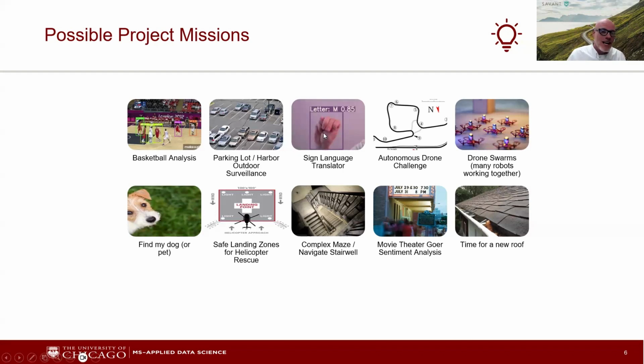One of the great projects we had last quarter also was American Sign Language. Somebody had a passion project and they had a translating robot that would follow them around and translate for anybody doing sign language. Really cute. Safe landing zones for helicopters. One thing that's been really exciting, which we're going to maybe do next year when we get GPS drones, little micro GPS drones, is do these really cool drone light shows, like have an angry dragon and a friendly dragon fighting in the air, something like that.